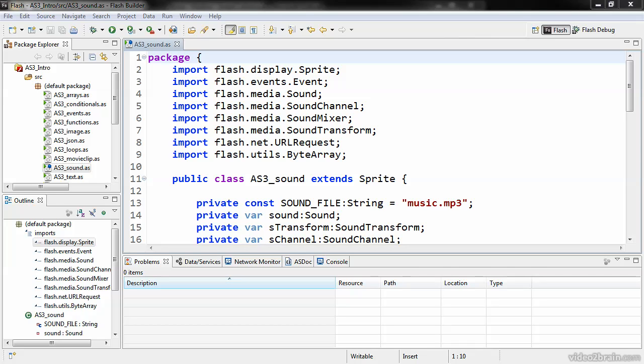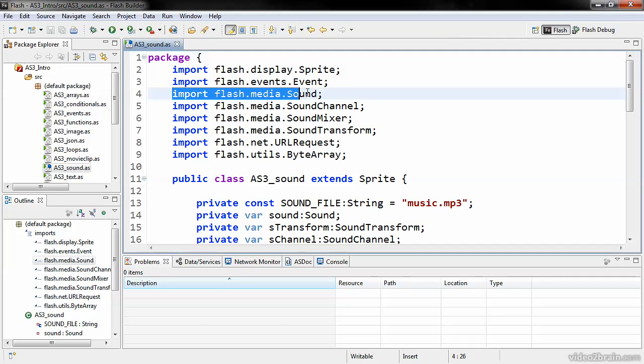One of the often overlooked features of ActionScript is the robust nature of its sound APIs. In this lesson, we'll see how to set up a sound object for MP3 playback. So in Flash Builder, we do a number of imports here, including flash.media.Sound, which is the primary sound object in